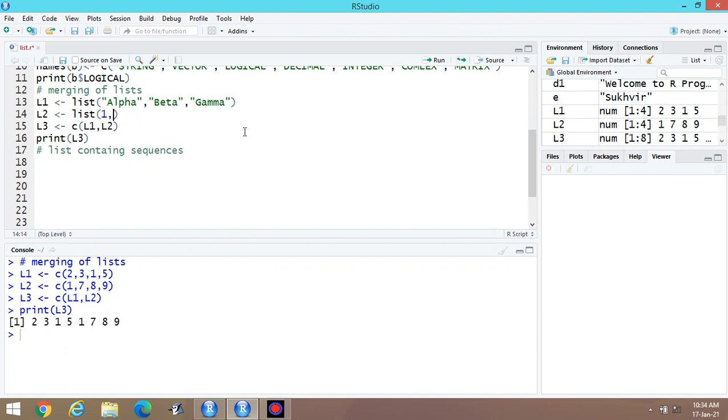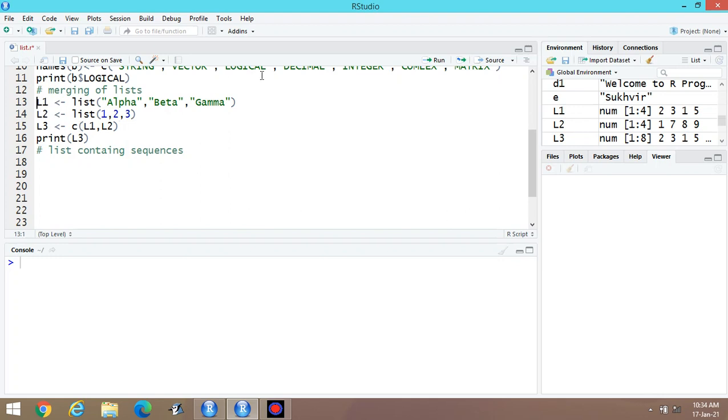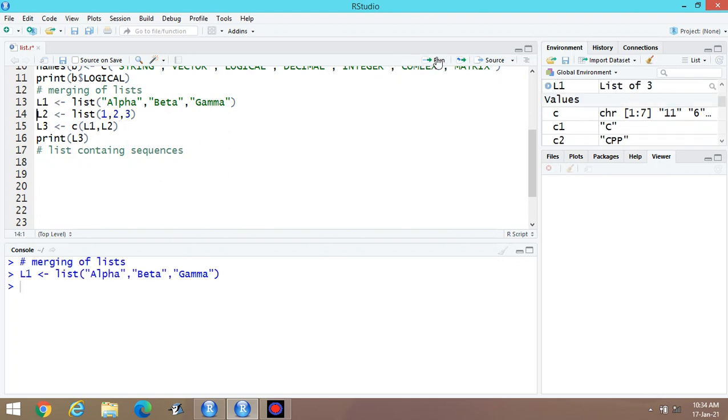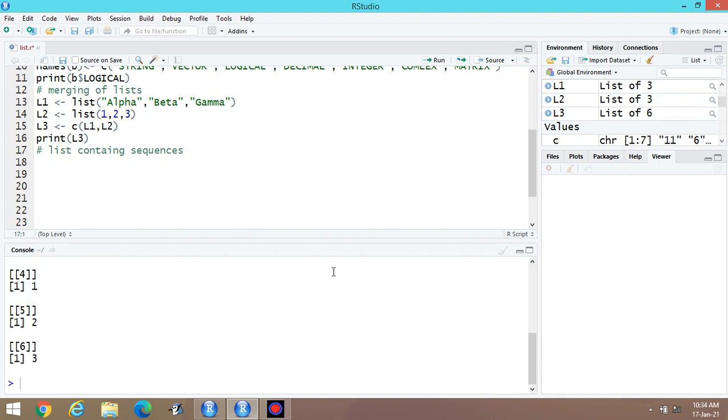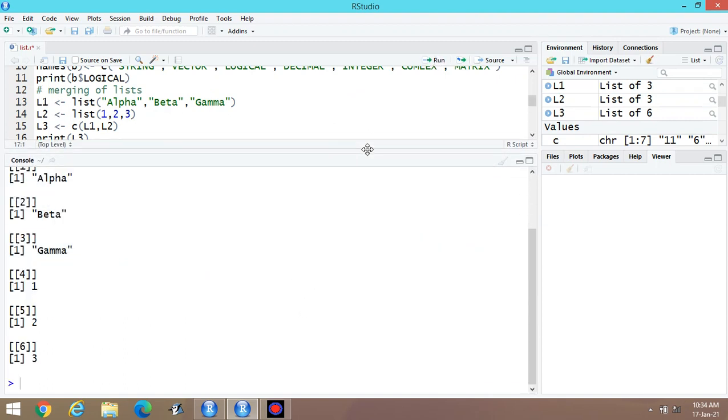Suppose I am writing here 1, 2, and 3, then the combination is there. Let's execute the program now, because in previous case vectors are there. First one, second, and then merging of list. Let us check this one.